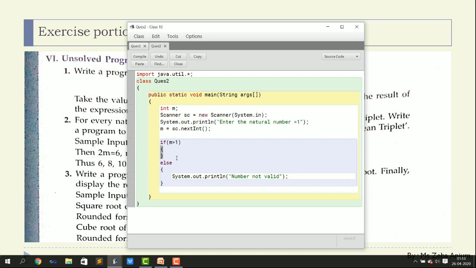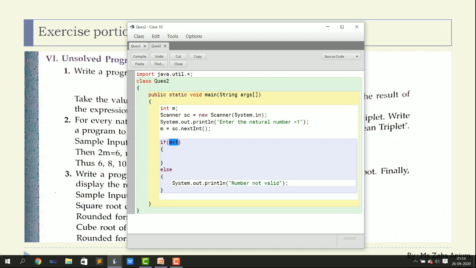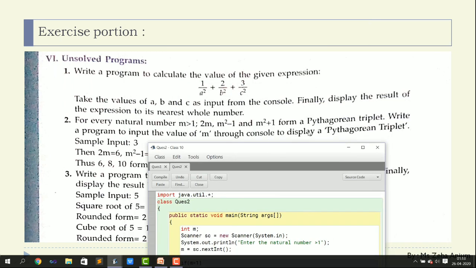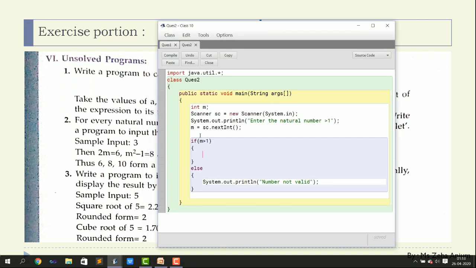Okay, now in the if block, if your number m is greater than 1, then only you are going to calculate the numbers regarding your Pythagorean triplet. So we have to do 2m, m square minus 1 as well as m square plus 1. So three values we are going to find out. So let us write int p1 equals 2 into m.